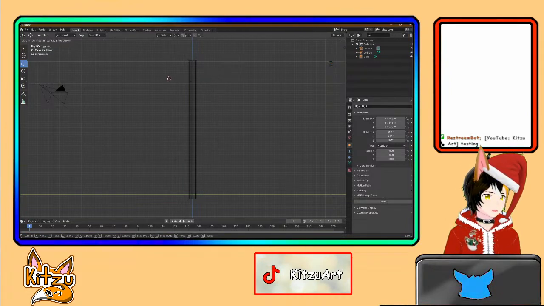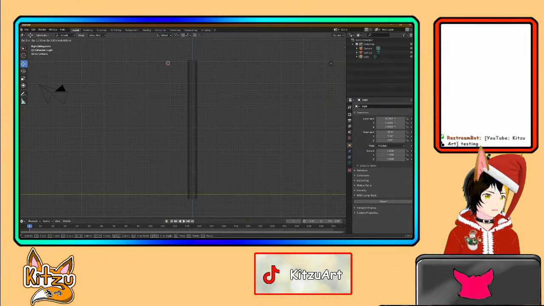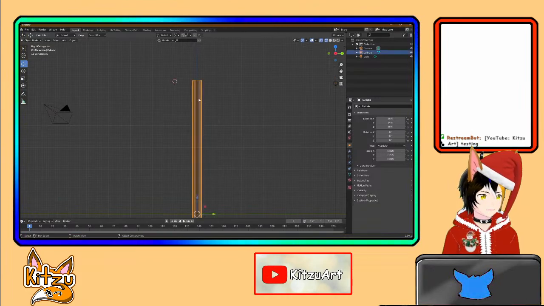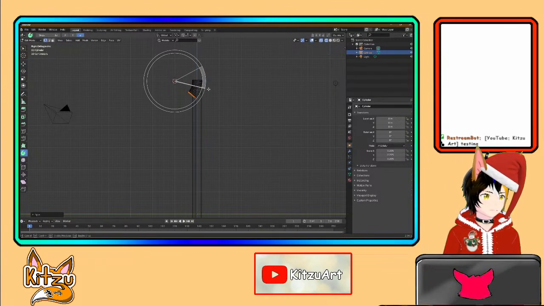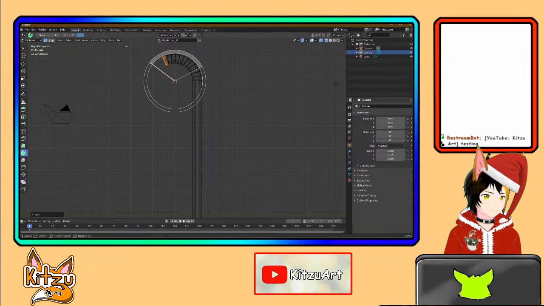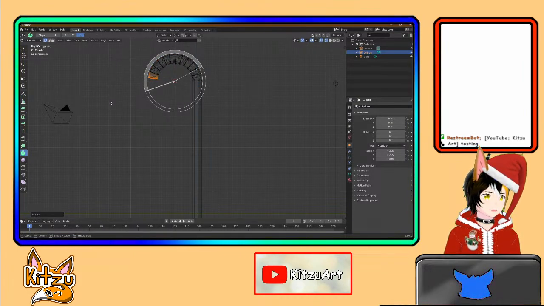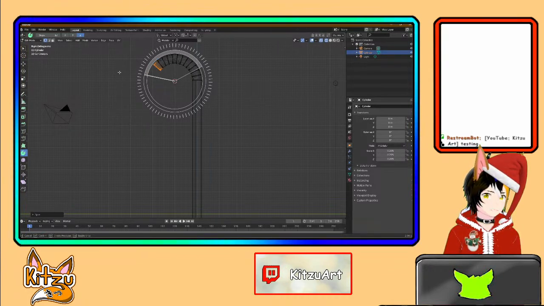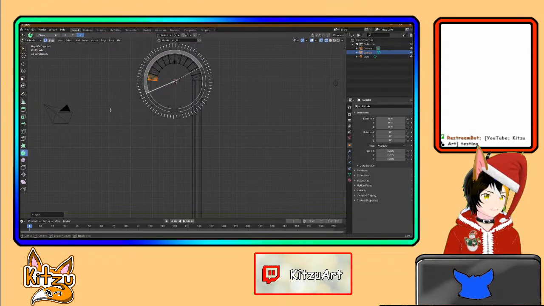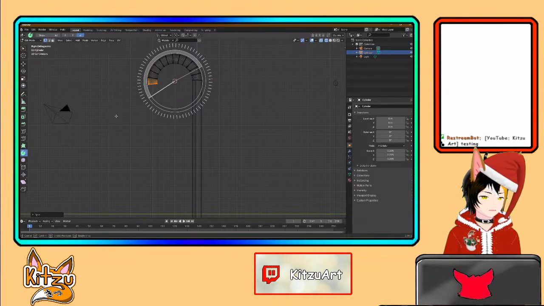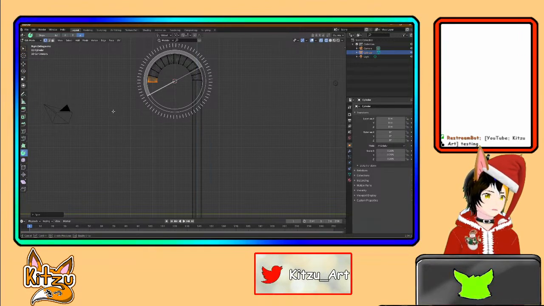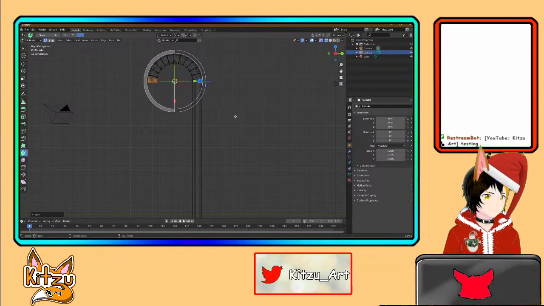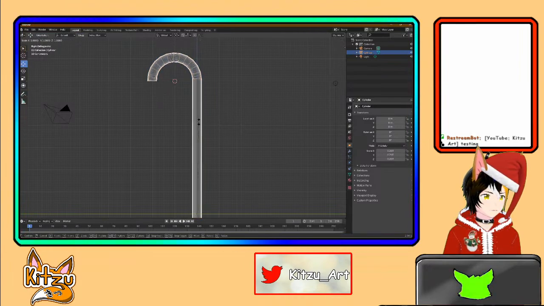So this is what I want to do. I want to move this cursor and put it around right here. And then I click this, go to Tab. There we go. Now the spin tool actually works in my favor. I hold Control, go all the way here. I cannot really see the numbers of the degrees I'm doing, so I'm going to try to do it as close as possible to the original, about right there. All right, and now we just gotta,